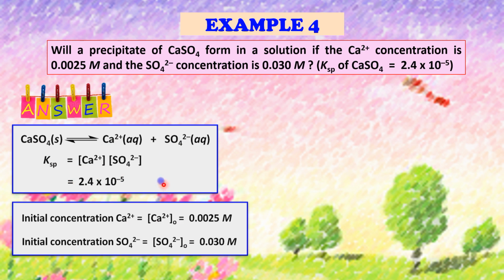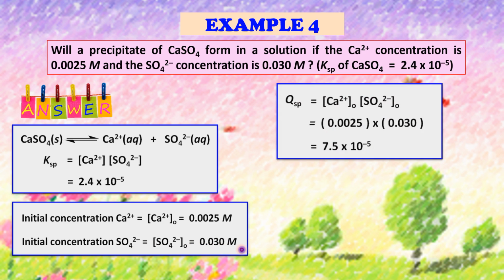In the question, the initial concentration of calcium ion is already given, that is 0.025, and also the initial concentration for sulfate ion, that is equal to 0.03 molar. So what should we do? Write the QSP expression. It's just the same as the KSP. However, the value of the ions here refers to the initial concentration. So just substitute the initial concentration for both ions, and the value of QSP is 7.5 times 10 power of